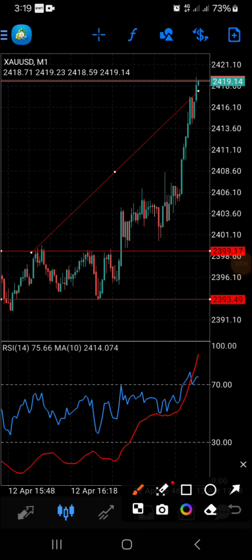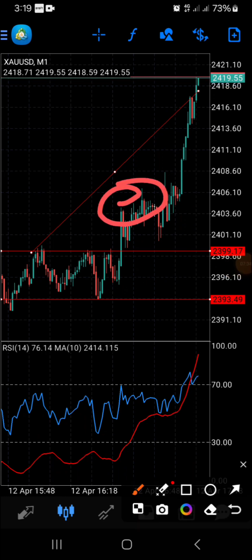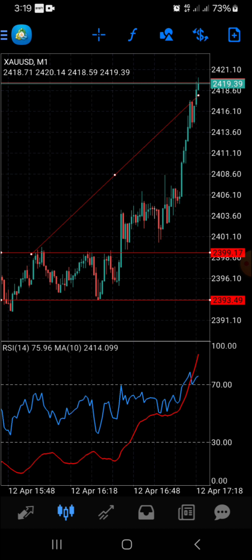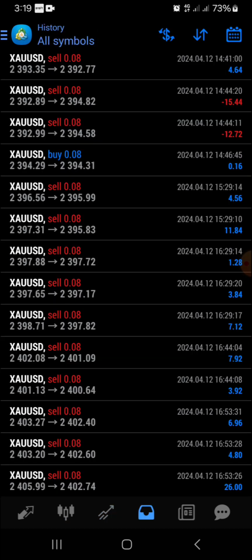Then I opened all the positions at the top of the resistance, the higher high zone of resistance. Then I opened the position here. Then the market sold off. It came back downwards. Then I was able to cash out. I closed my trade,